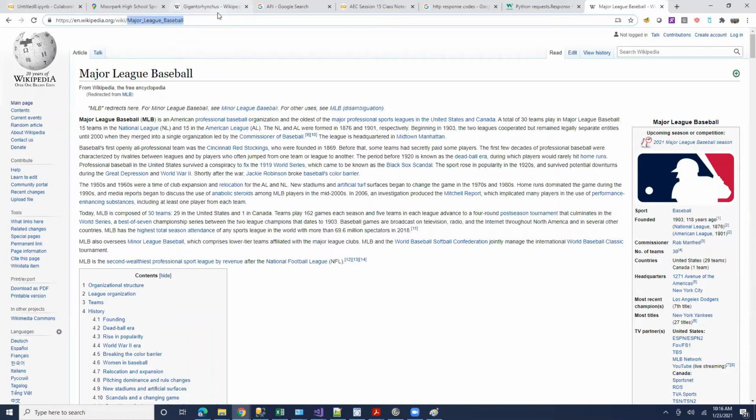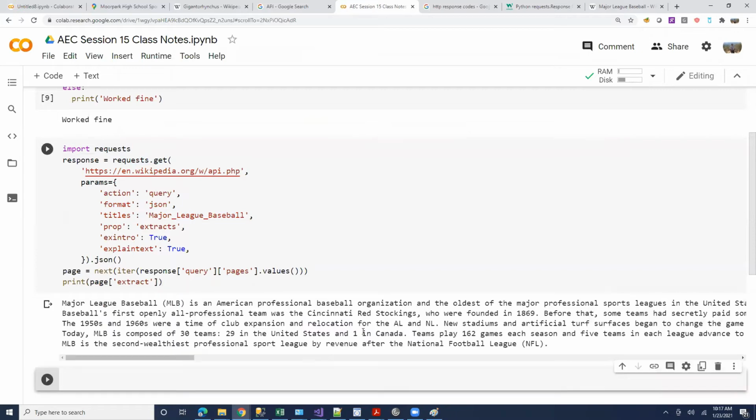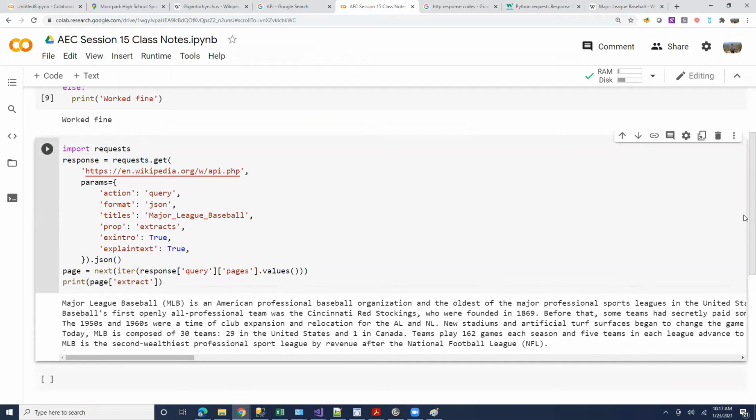So let's see how to do this programmatically. Major League Baseball is what it says. I copied this from Wikipedia's API, so let's see what happens if I do this. We'll go over what this is. I'm just verifying that the code works. I copied this from Wikipedia's documentation, so it must work.